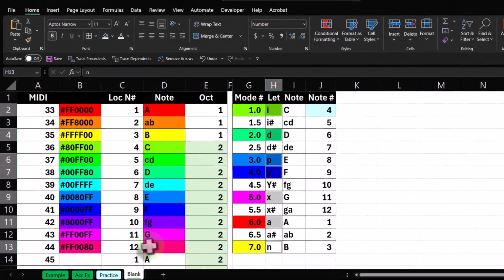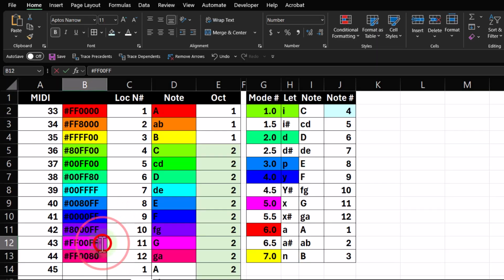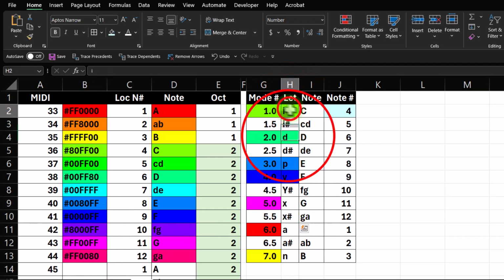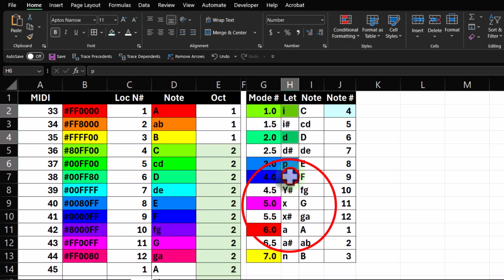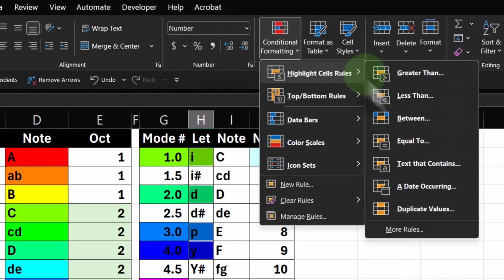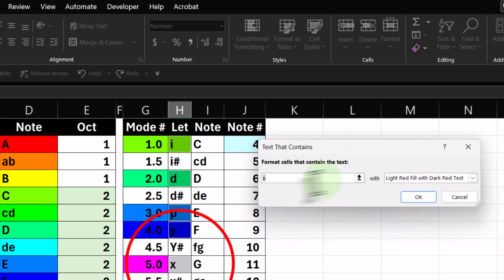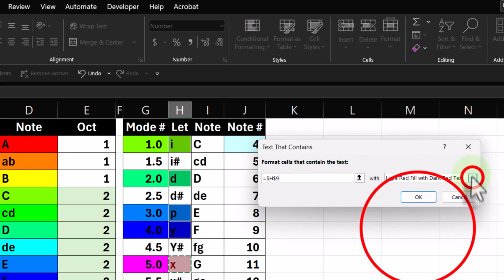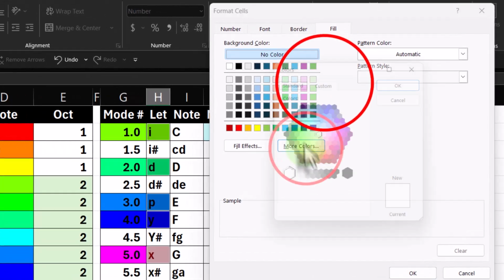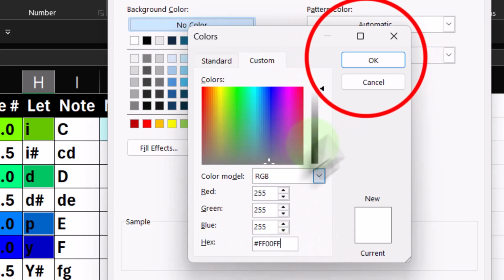And then the X is Mixolydian. It's going to be this pink. Holding down Control to select only the ones in the collection. Drop down. If it contains that X, drop down, paste,